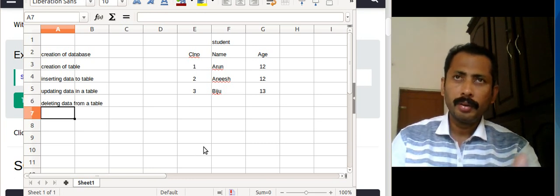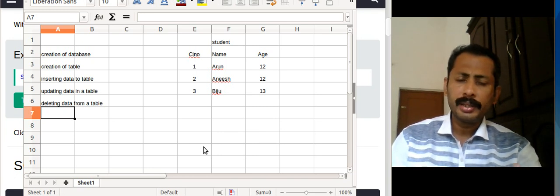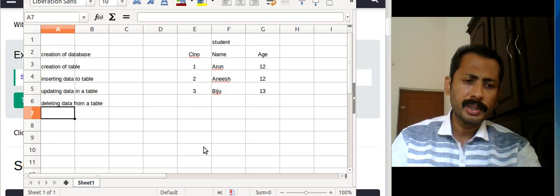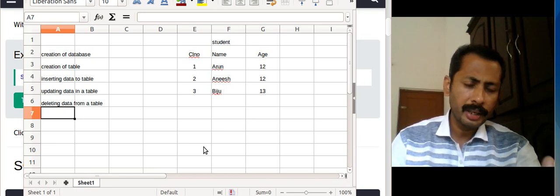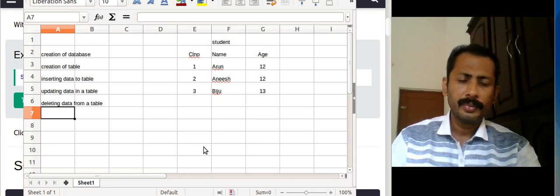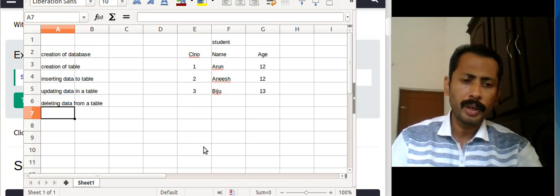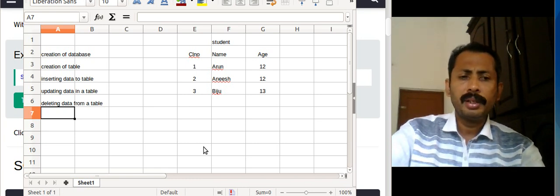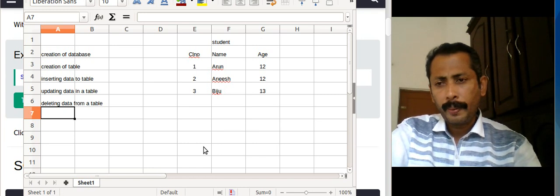Okay, we will see one by one. So these are some operations, and as I told, there are extra operations as adding a column, then deleting, dropping or removing a column. So like that there are operations.